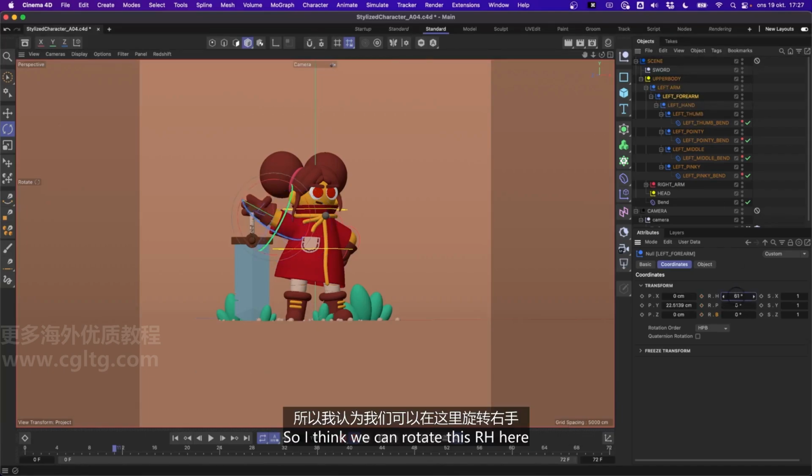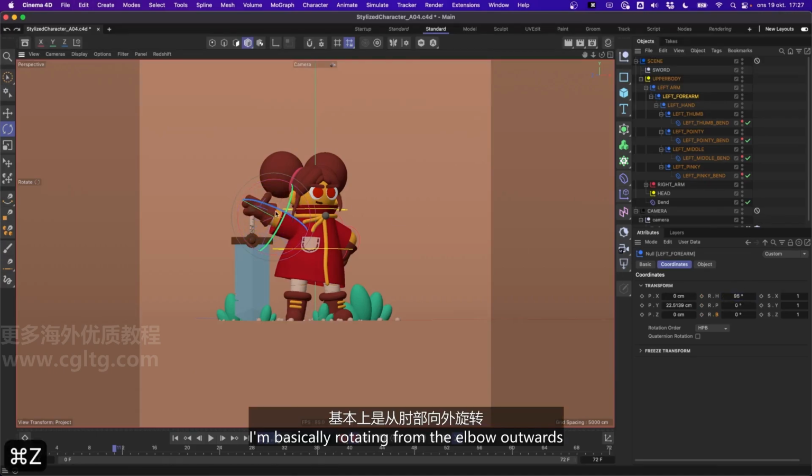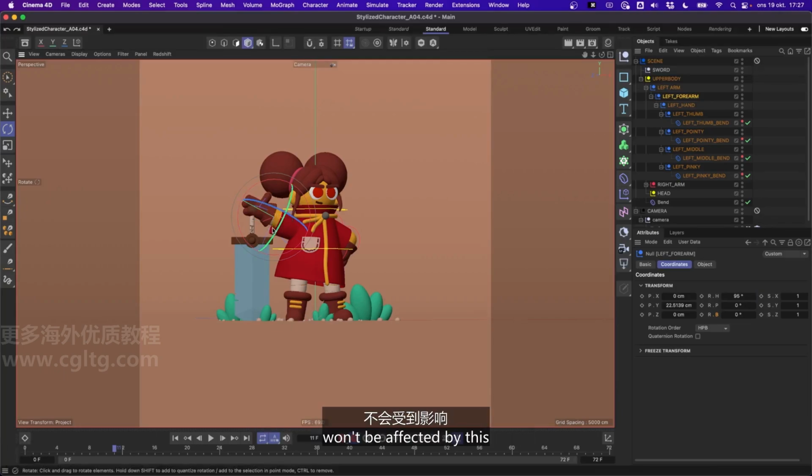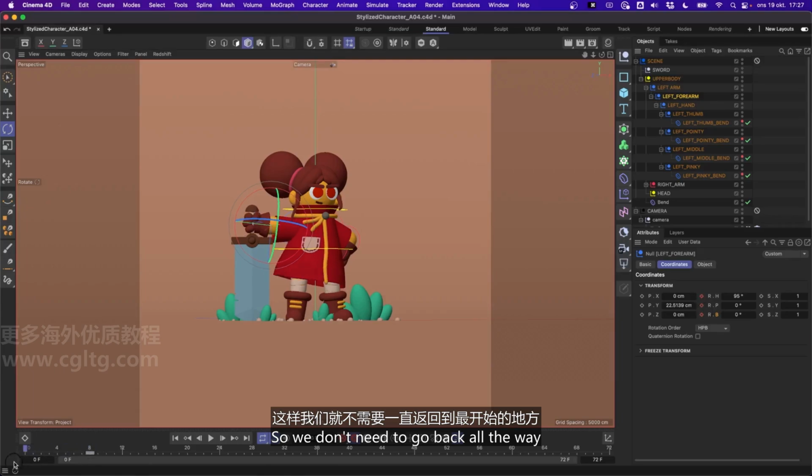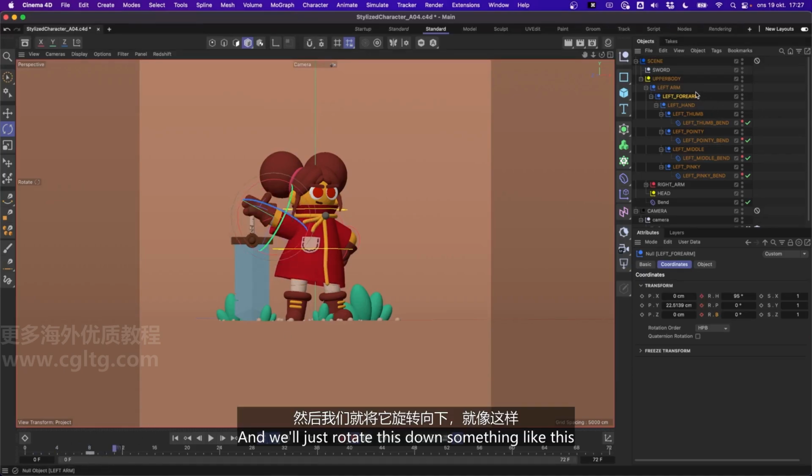So I think we can rotate this RH here, and you can tell if I just rotate this, I'm basically rotating from the elbow outwards, and the sleeve kind of hanging down won't be affected by this. Since I haven't keyframed this, I'll go back to our previous pose, which is pose 8, and just make sure I keyframe all of this. So we don't need to go back all the way, just make sure that you go back to the pose that was placed previously. And I'll go to frame 11 like that, and we'll just rotate this down something like